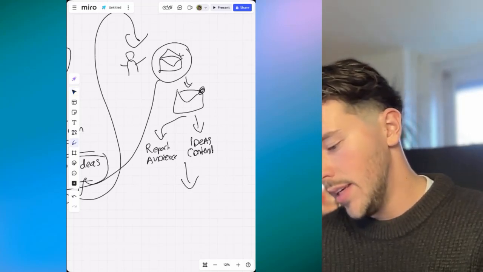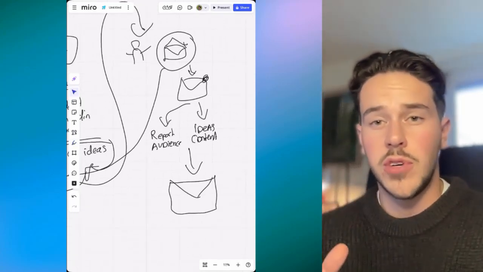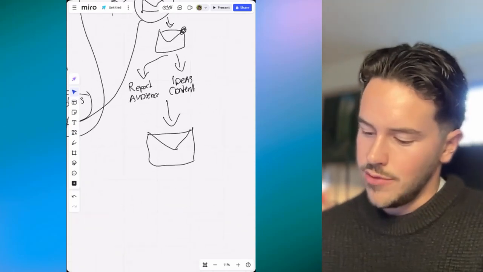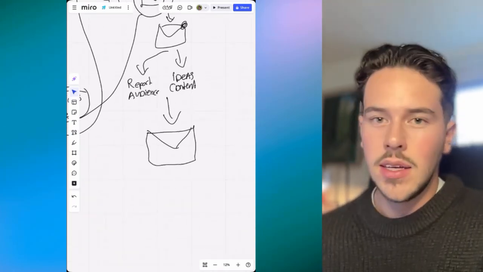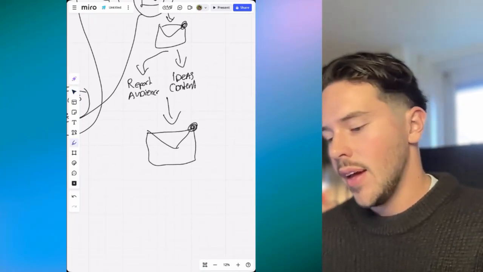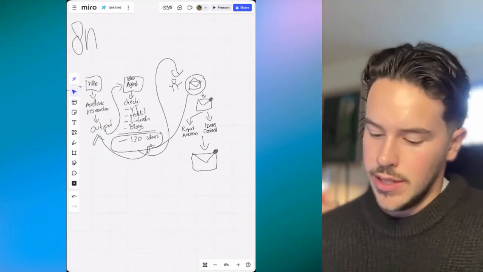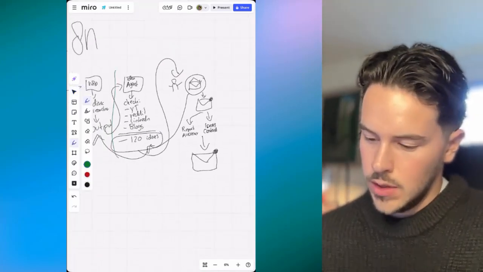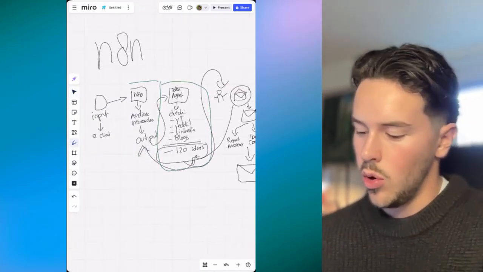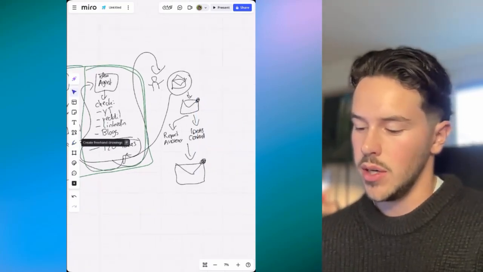So we send the AI agent or the workflow. I'll just visualize it for now. In the next videos, I will show you the whole system. But we just send it back to the AI agent with the feedback we got. And depending on what feedback it got, it will redo the idea generating part, or it will redo the whole part, so the audience research and the idea generating part.